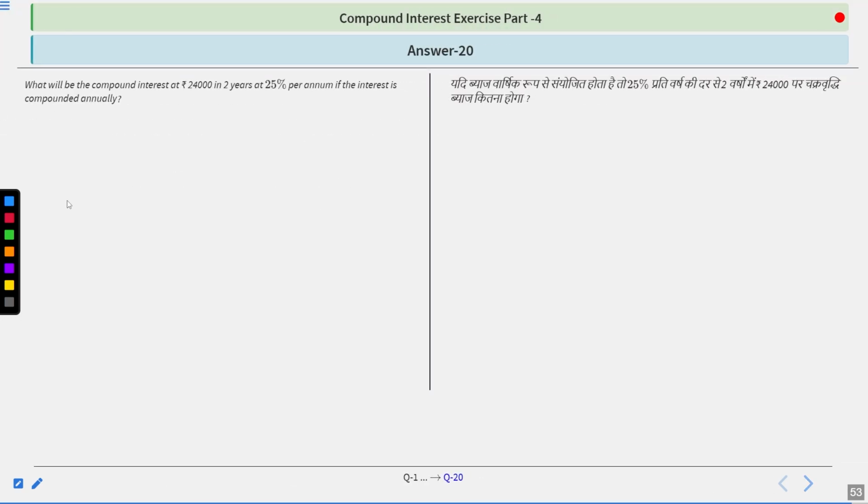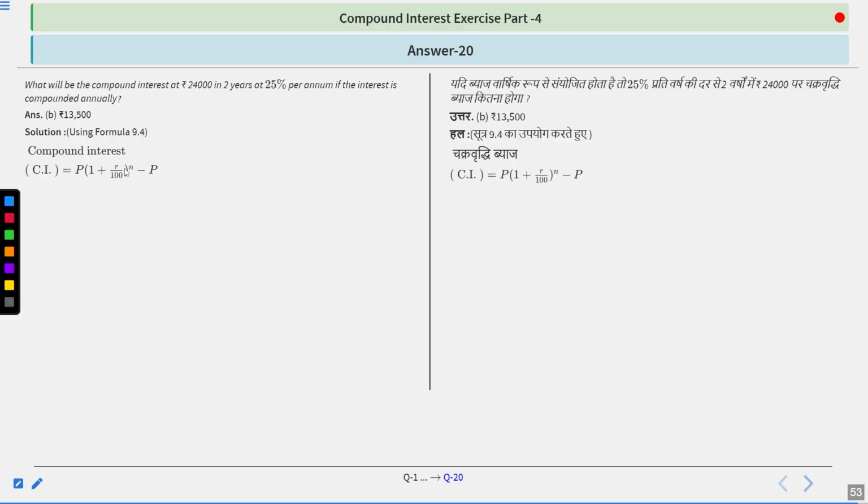Now we have to find the compound interest. Principal is given to us, that is 24,000. Time period and rate of interest is also given to us, and the interest is compounded annually. The answer to this question is option B, rupees 13,500, and we are using formula 9.4 to solve this question. Compound interest CI is equal to P into 1 plus R upon 100 whole power n minus P. Putting the values of P, R, and N, we get 24,000 into 1 plus 25 upon 100 whole square minus